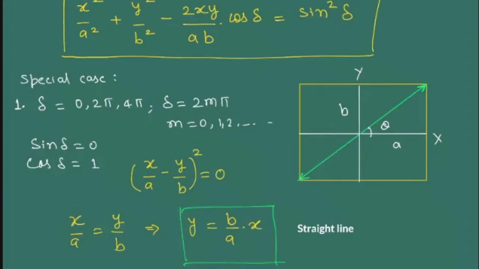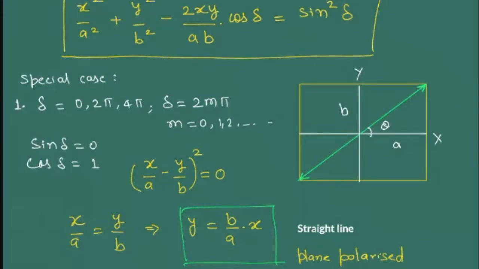Delta is 2 pi by lambda into d into (no minus ne). Or if it is creating a full wavelength of path difference, that is 2 pi. So if your delta is a multiple of 2 pi, in that case you are just going round and round with a phase difference equivalent to 0. So your output ray will be similar to your incident ray, and the emergent light will be plane polarized.